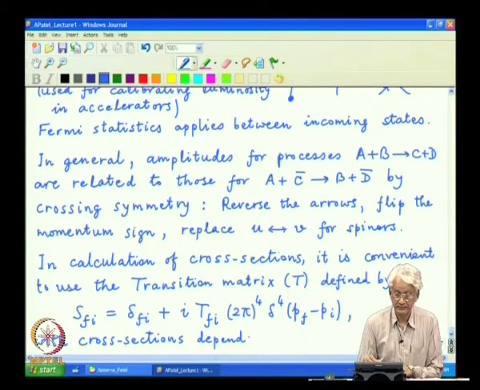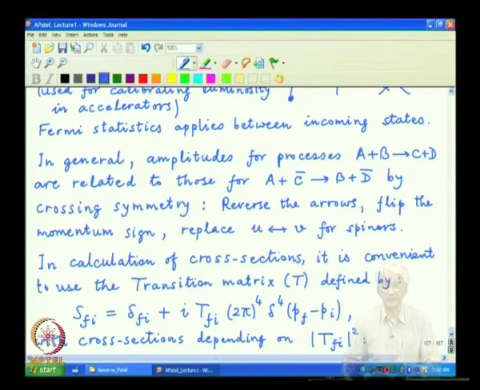depend on the absolute square of this transition amplitude, which is the general rule in quantum mechanics. So, one saves writing complicated formula and factors out all the things which are straightforward and part of all standard formula. So, now let us move on from this just description of these various processes to actual details of calculations,